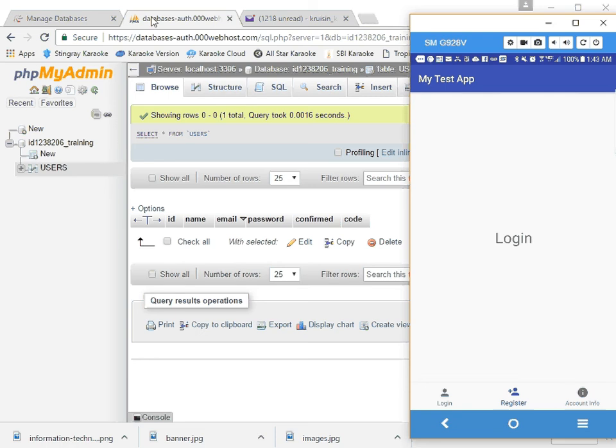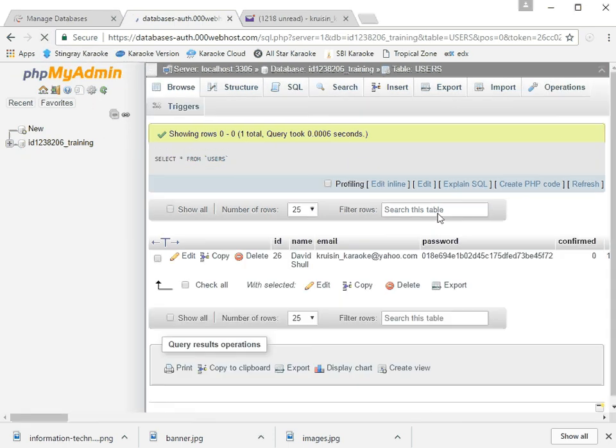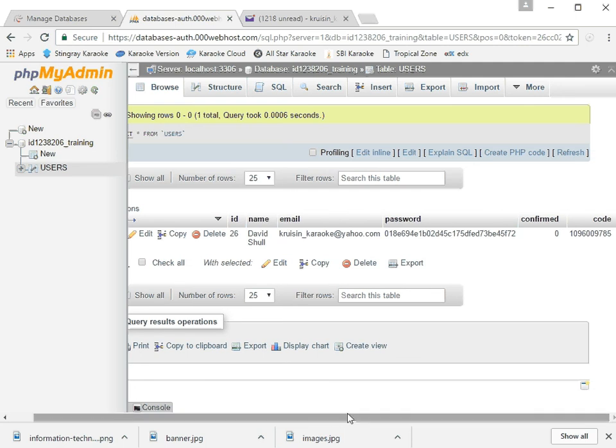Alright, so if we go over here to the database, refresh, give it a second while it refreshes. Alright, boom, now I'm in there. Of course, not verified yet. Got a whole new code. That's a pretty big number, 1096009785. Alright, so if I go over to my email,